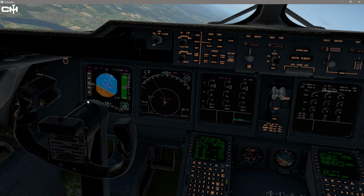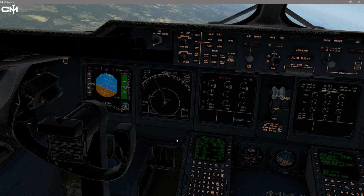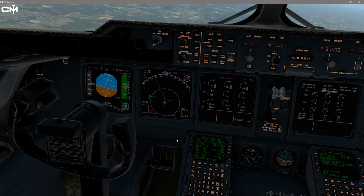So the slats are coming up now. There we go. Now the slats are up. So now it'll start to advance the speed a little further. So that's my bad. Other than that, that takes care of our after takeoff checklist, and that means, you guessed it,